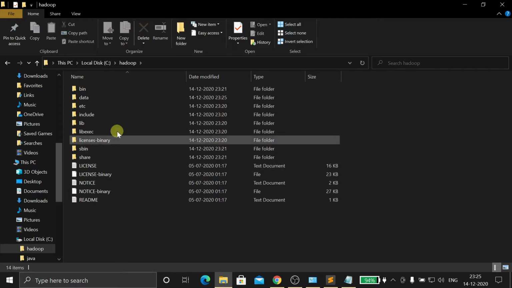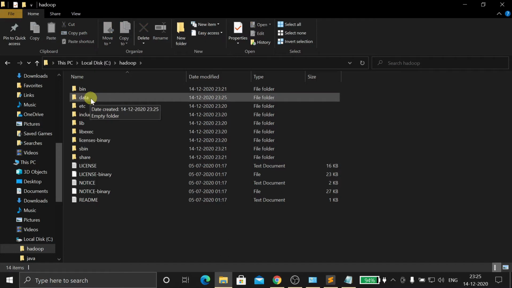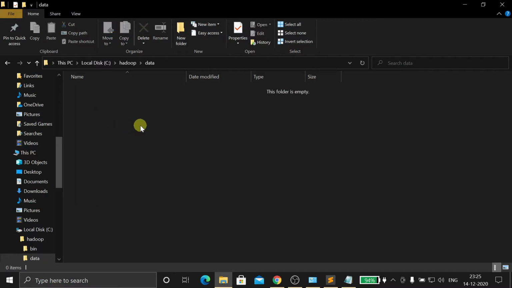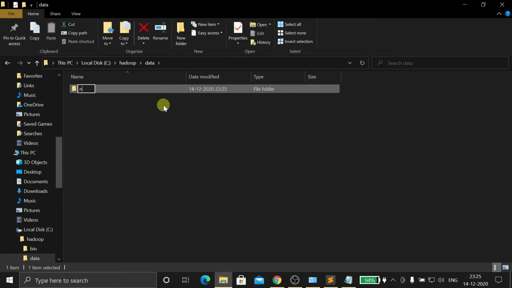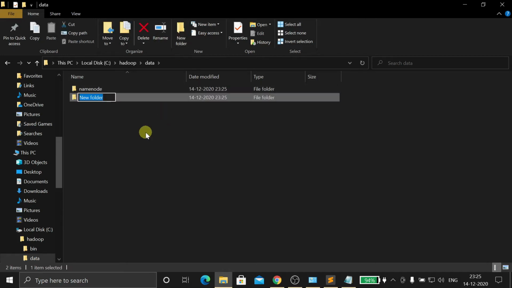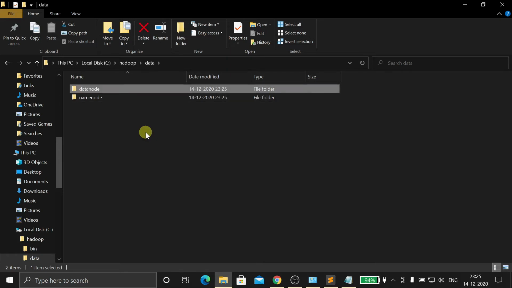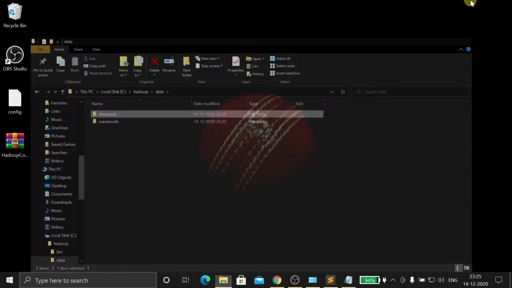Okay, now in the data, this is the folder which we created. Open the data folder and create a new folder, name node, and another folder, data node. Don't close this folder, just minimize this.